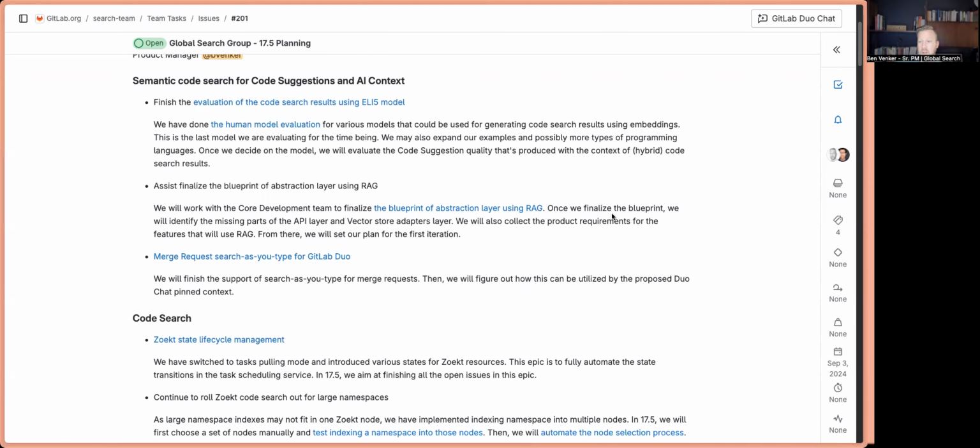We're also working on finalizing the blueprint of the context and embeddings abstraction layer. Shekhar from the AI team has been helping us as kind of our liaison to the AI team to work on that. So we will collaborate with him continually and with other feature teams as well to understand what the requirements and kind of technical requirements are going to look like for the blueprint. And then once we finalize that, we'll start reaching out more directly or more functionally to feature teams in terms of helping them develop the features they need and doing the actual engineering work on the back end to support that.